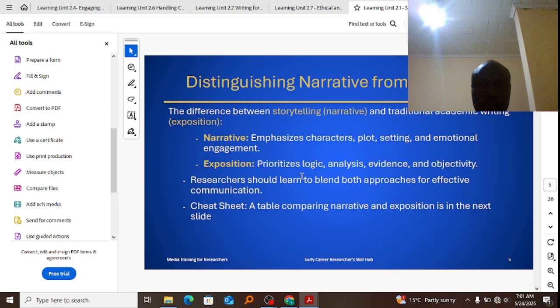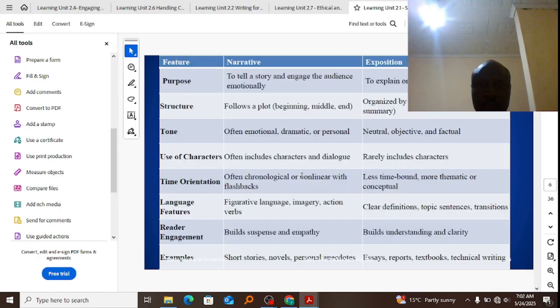Distinguishing narrative from exposition. The difference between storytelling, a narrative, and traditional academic writing, exposition. A narrative emphasizes characters, plot, setting, and emotional engagement. Exposition prioritizes logic, analysis, evidence, and objectivity. Researchers should learn to blend both approaches for effective communication. Cheat sheet: a table comparing narrative and exposition is in the next slide. So you look at that table, clearly distinguishing